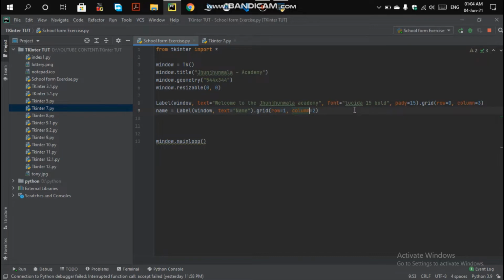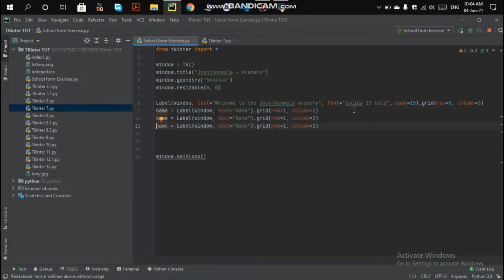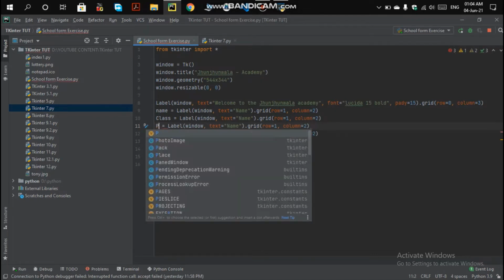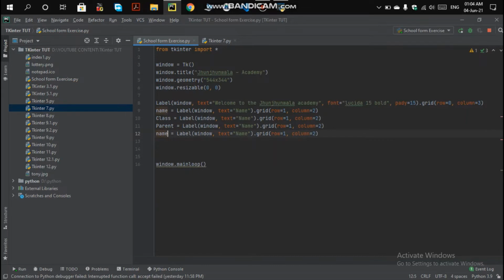I'm going to copy it and paste it below. So that is Control D. So the name of the student, the class of student, your parent name, contact number, like 4 of the things. Next will be your class, in which class your children study, and your parent name, and your contact. So this is all, and let me change the size, the row.